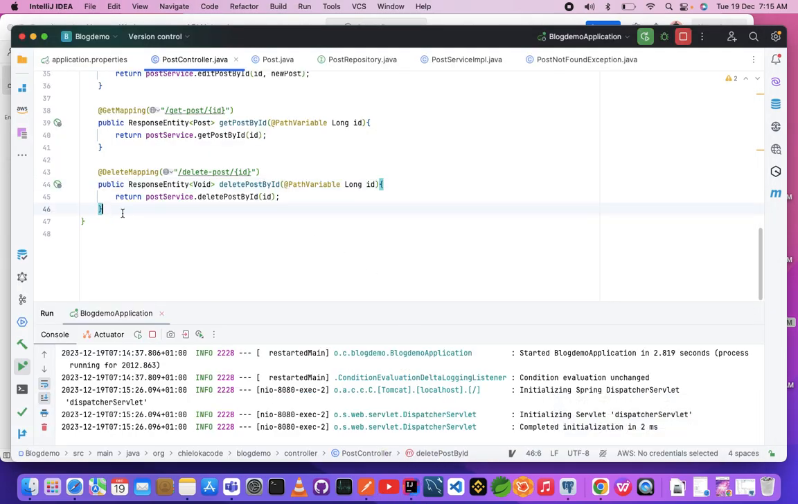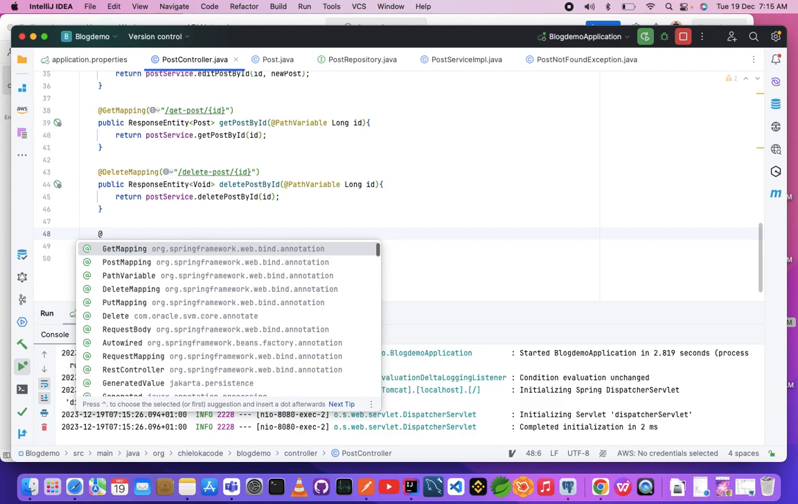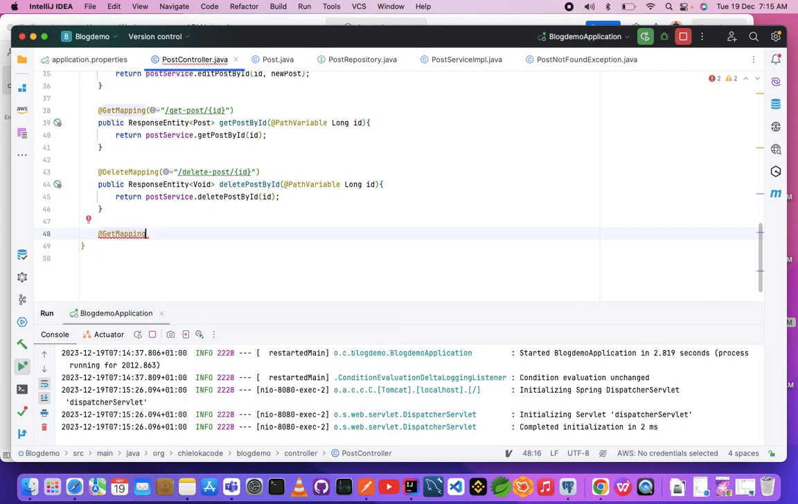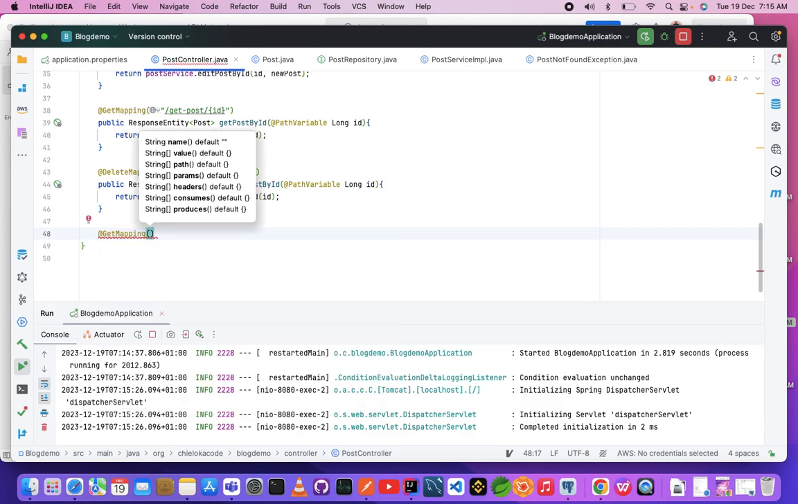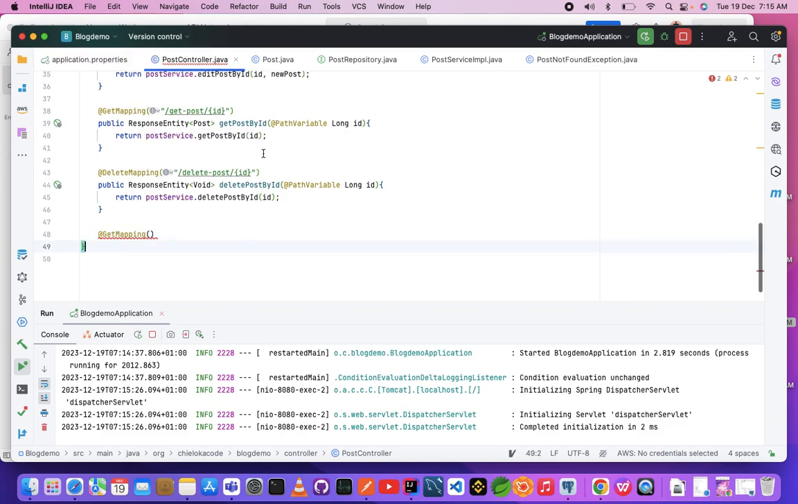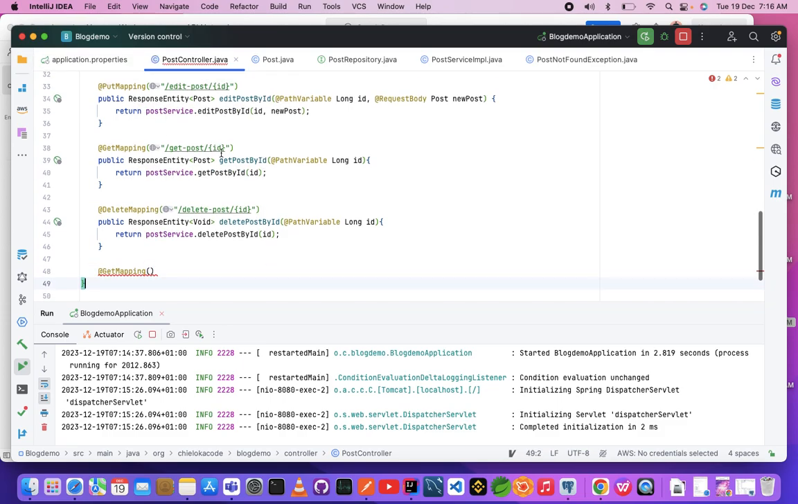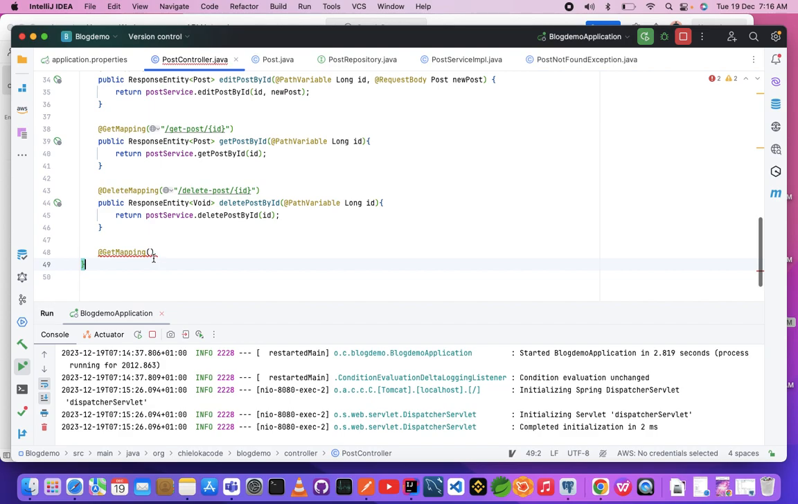And then the last one we'll do is to search, just in case the admin wants to search the post by the post title. So we're going to use a get mapping. So you want to get that post by the title instead of getting it by the ID. So this one here is getting it by the ID. So in case you want to get it by the title of the post,